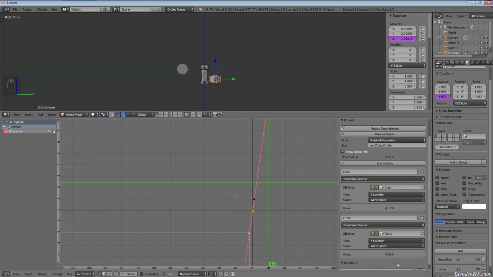The minimum is obviously the circle, so it chooses that value, but you can do the same thing through scripted expression. You could do, however, min plus 1, and you get that number. It obviously adds 1. So you can see how this can get more and more complicated, and your objects can really become very